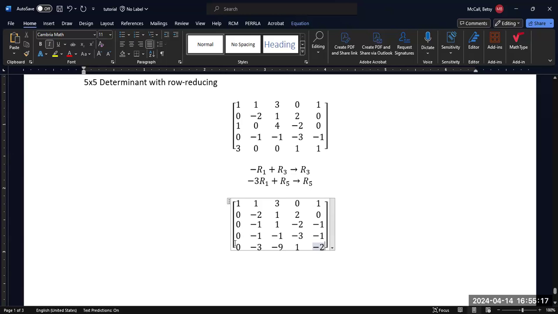Now, once I have this matrix with this 1, 0, 0, 0, in principle, I could expand now and reduce my matrix to a 4x4. Now, this is going to be equivalent to leaving everything there and continuing to copy out this column and actually get it into diagonal form. I do not want to keep recopying this matrix over and over and over again. And so what I'm going to do is I'm simply going to